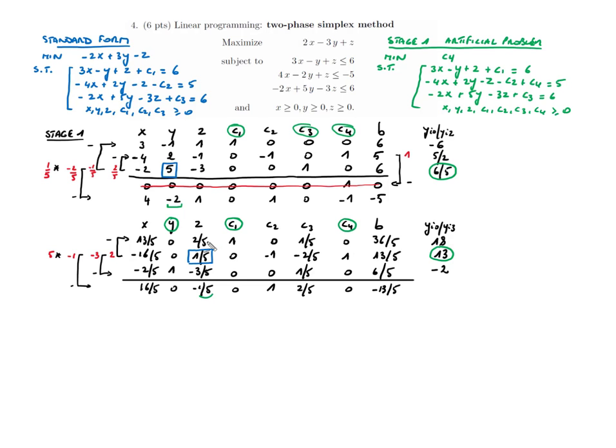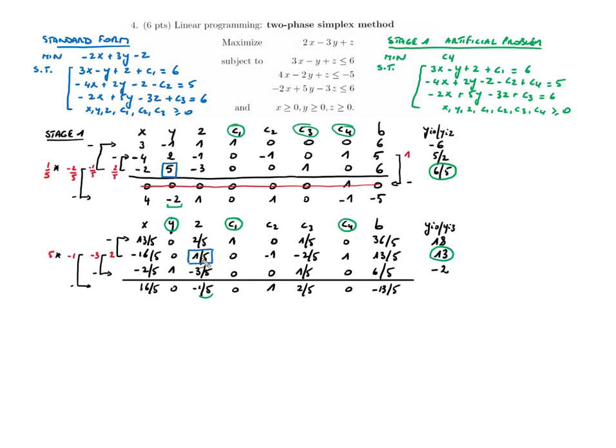So this one divided by this one, that's 18, this one divided by this one, that's 13, and this one divided by this one, that's minus 2. We take the smallest positive coefficient, so this leads to this one over here, and we have now, well, identified